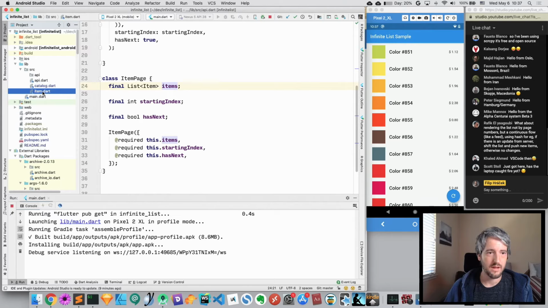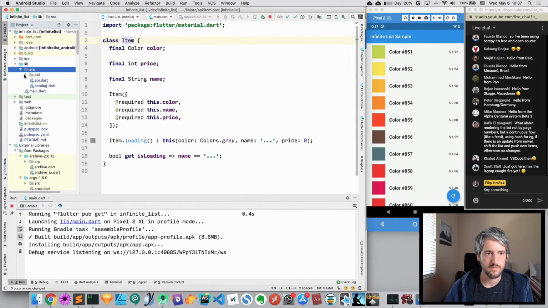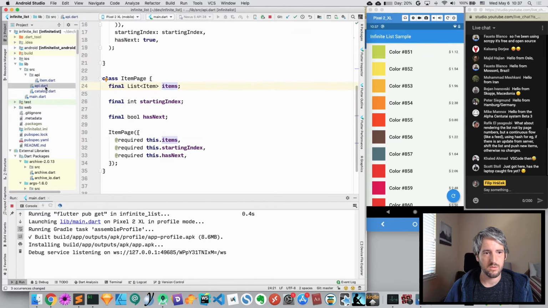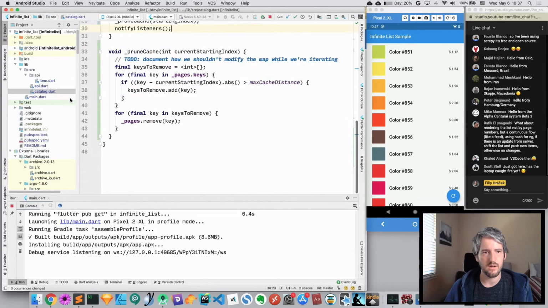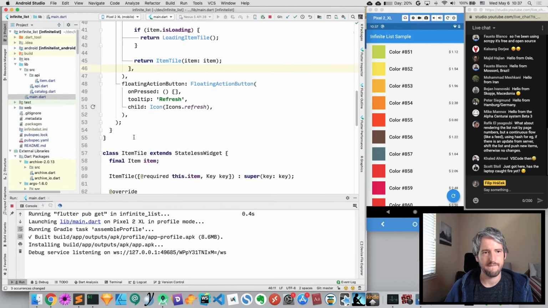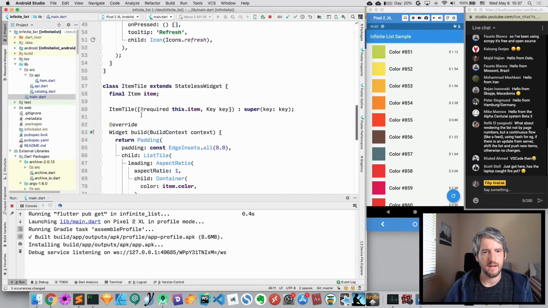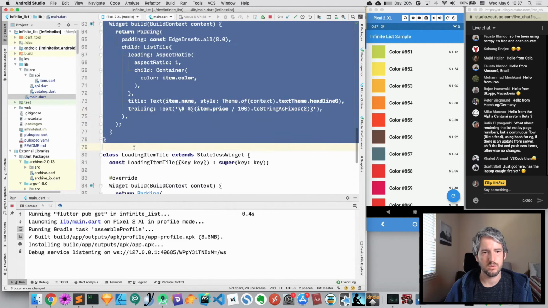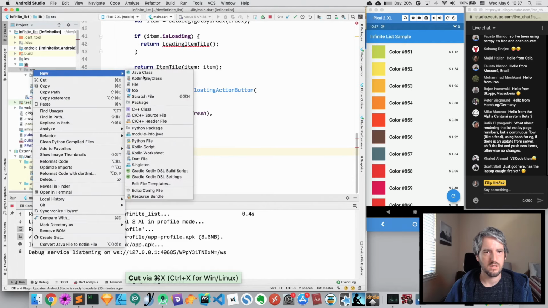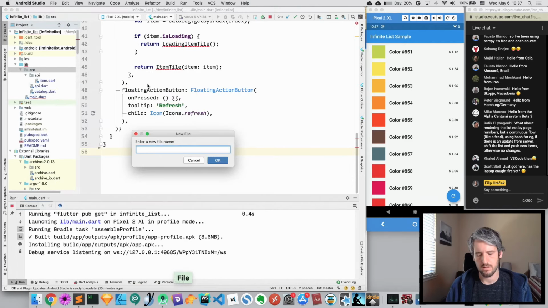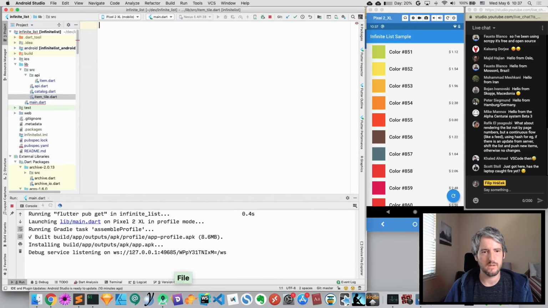API. The item should be in there. Right. And this should be called something else, I think. Catalog is our nice notifier, which I think is fine. And then item tile could get just here, item_tile.dart,